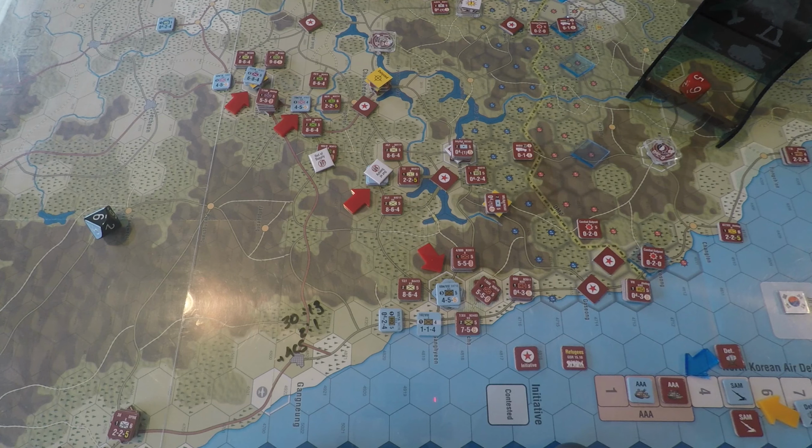So the DPR, the North Koreans are pretty much out of air support. They have a little bit, not much. I really don't think I'm going to use any. We'll probably save it for stuff that's over to the west. So